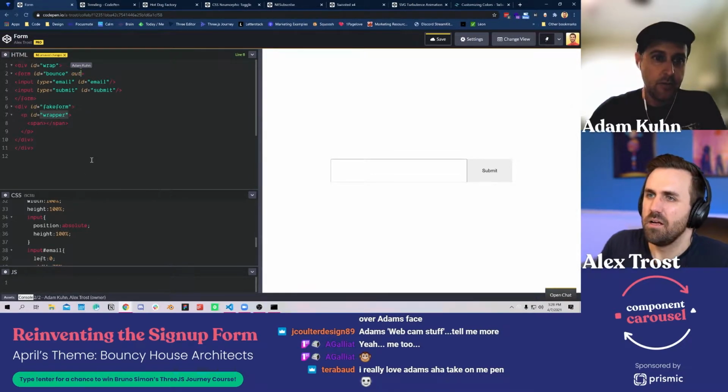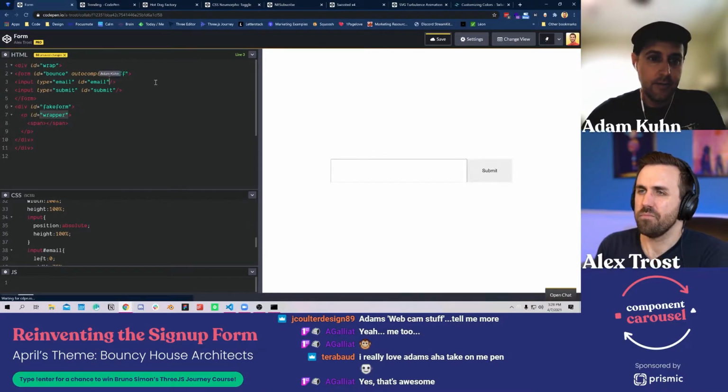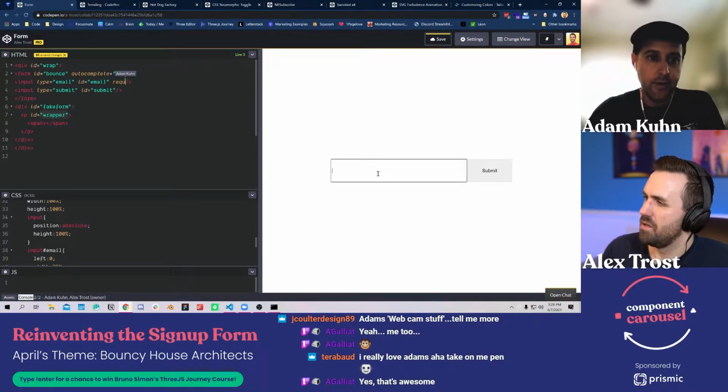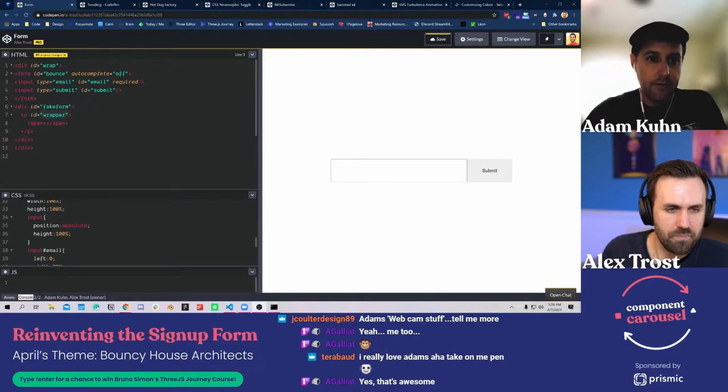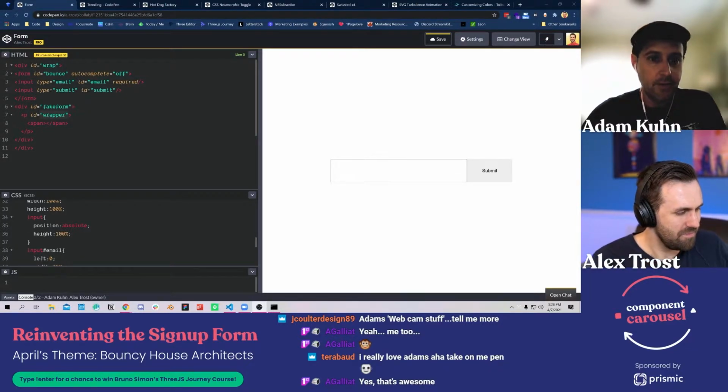And let's turn autocomplete off. Because, and let's make this required. Cool. Don't get that little thing anymore. Because autocomplete is going to obstruct the view of all the coolness that's happening ultimately.